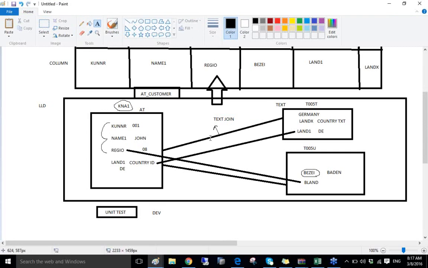Now what is a text join? So when designing a low-level design document, you need to know what tables, what is the relationship between these tables, and the third point is what is the join type. What is the type of join I need to give here? Now why should we take text join? What is the importance of a text join? The importance of a text join is, please see,